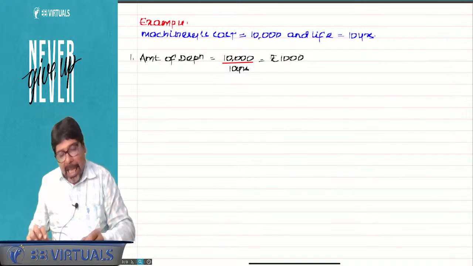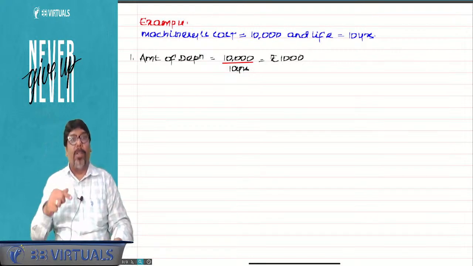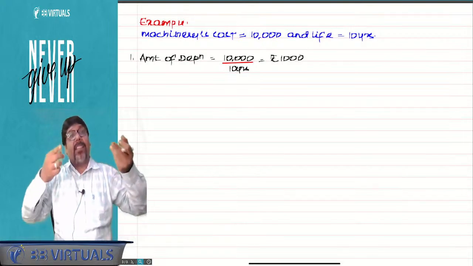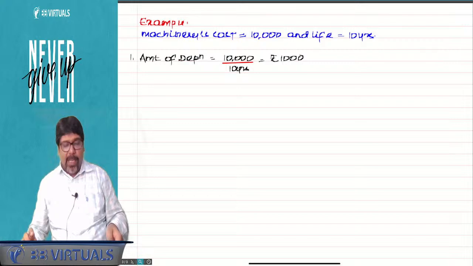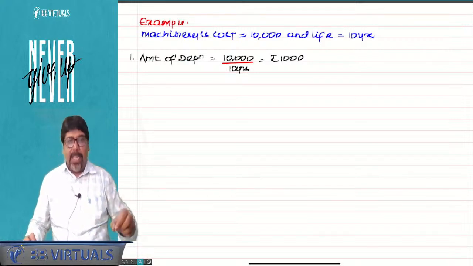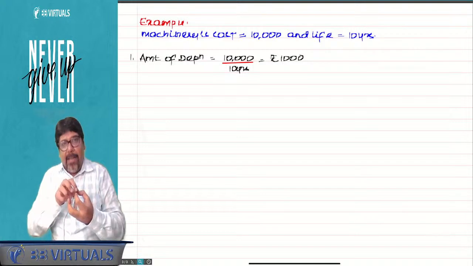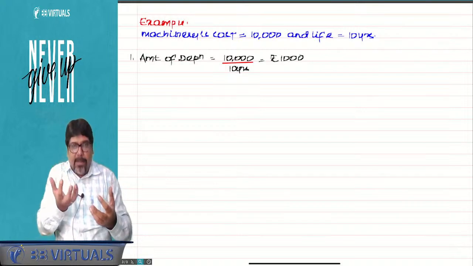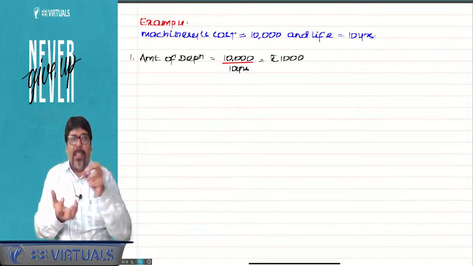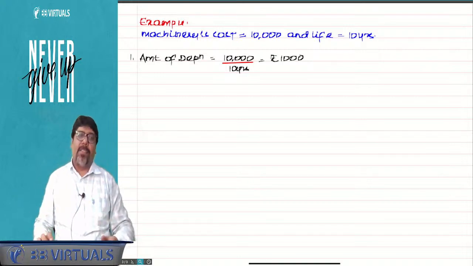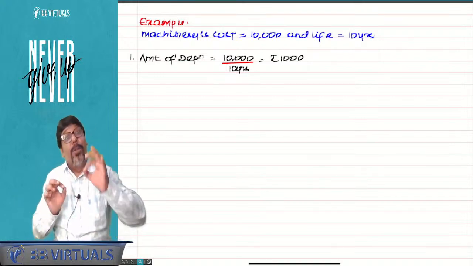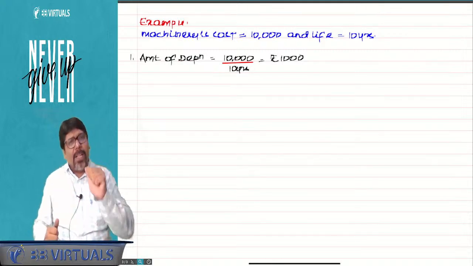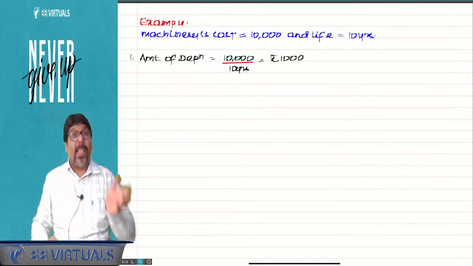As soon as you divide it by 10 years, what do you think? You have expected that the asset will be used for 10 years, or the asset is already used for 10 years. So life is 10 years, and when I'm calculating depreciation for the first time, 10 years have expired or 10 years are yet to come. So 10 years are yet to come. That means 10,000 will live for 10 years. Therefore, in the current year, it is 1,000. That means you are trying to say you will use this asset for 10 years? Yes. Where will you use this asset? So businessman, why will you use this asset? To generate profits, sir. Exactly.